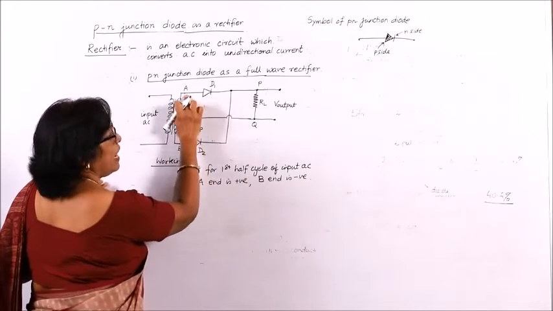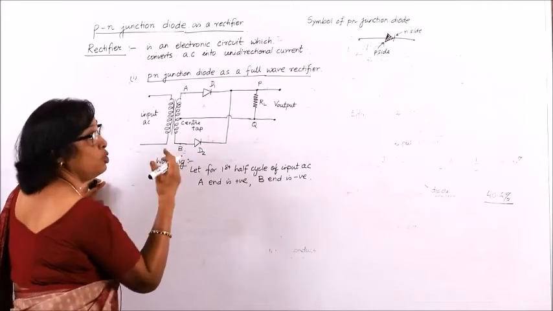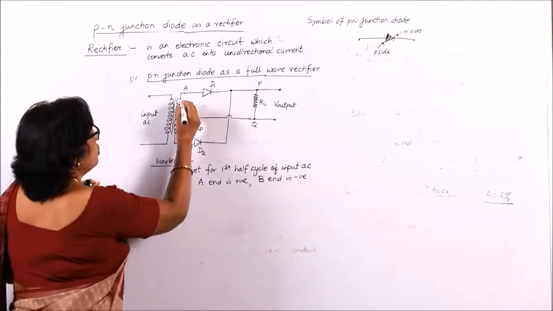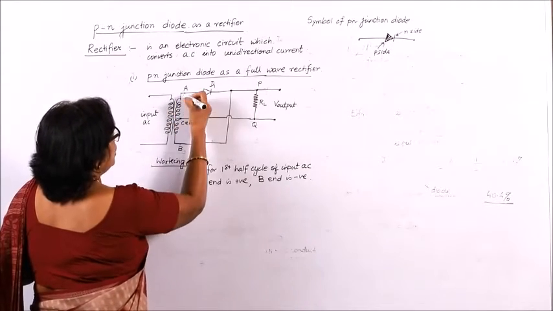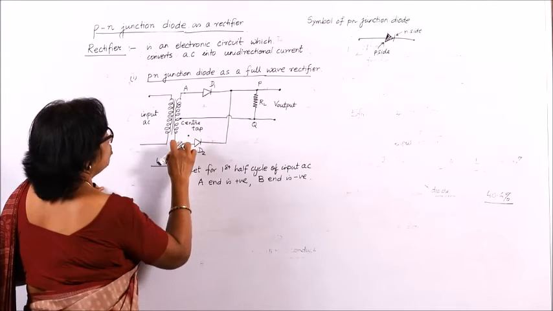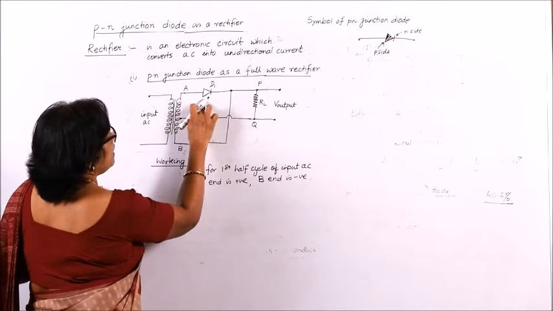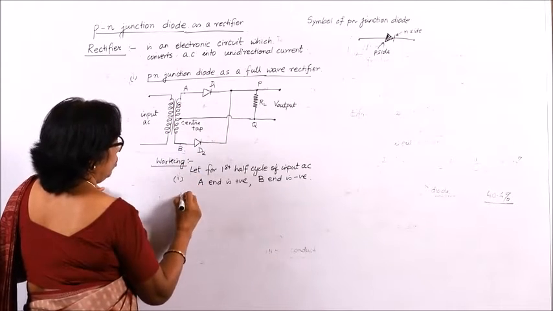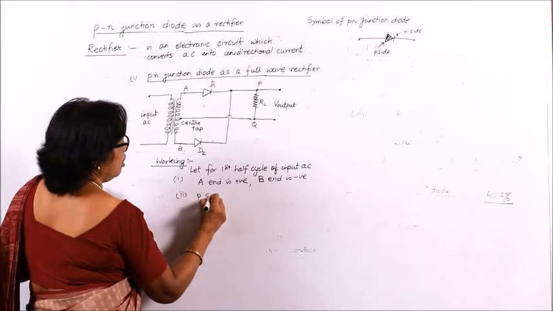That means A is at a higher potential, B is at a lower potential. So, A is higher, and the potential gradually decreases from A to B. So, what we see is that the P side of D1